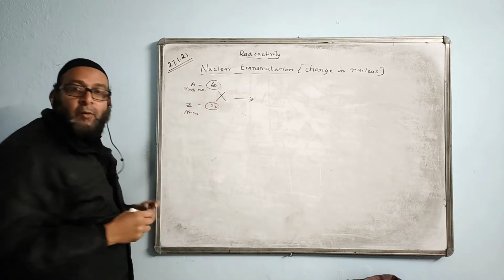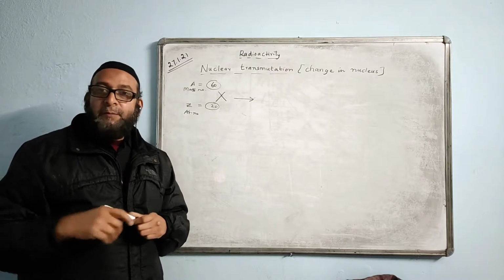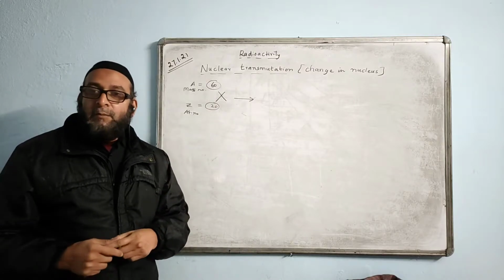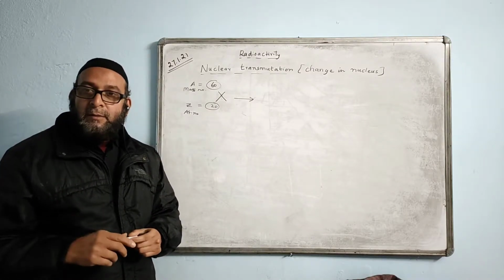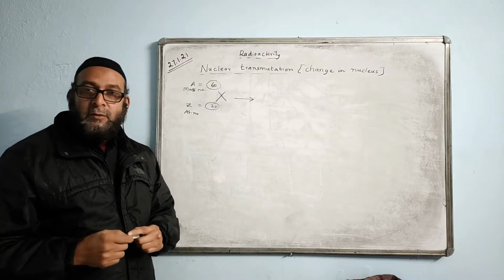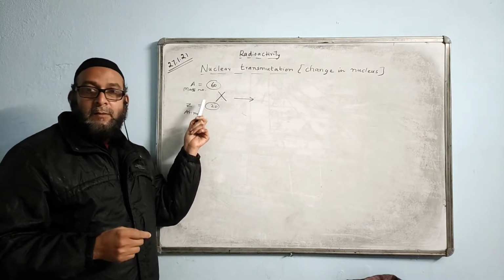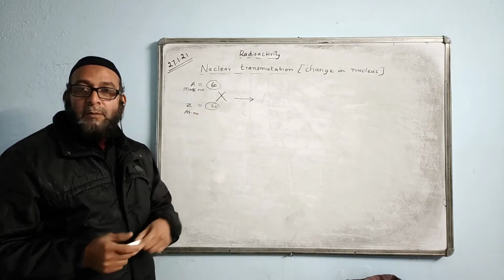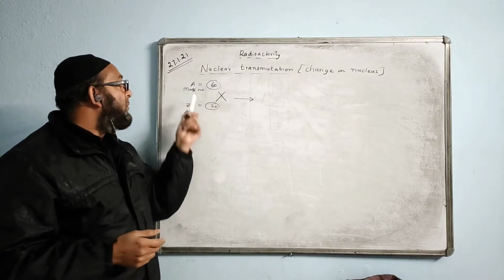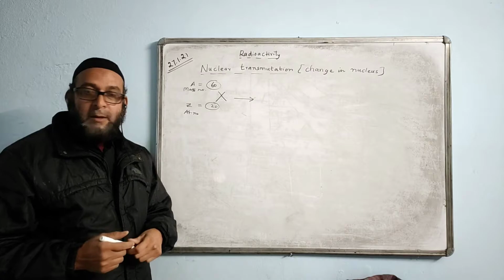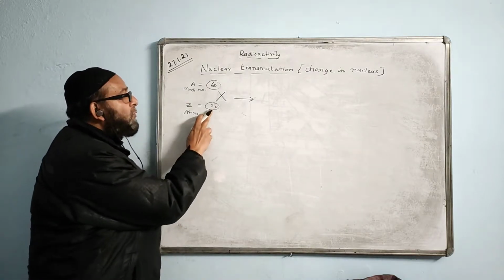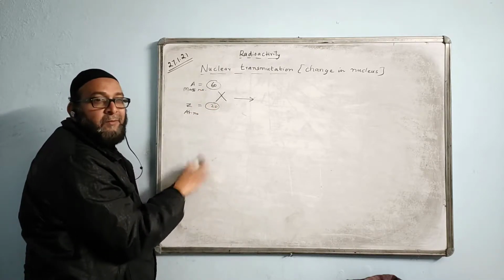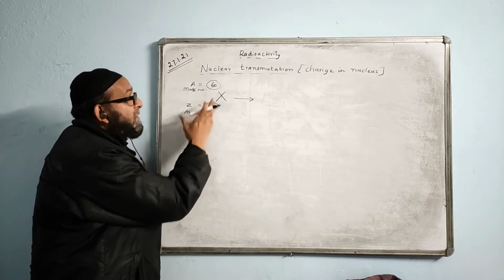What is the atomic number of the nucleus? The number of protons in the nucleus is called atomic number. Mass number is the number of protons and neutrons together. The total number of protons and neutrons together is called mass number. So there are 20 protons. The mass number minus the atomic number will give the number of neutrons, but we don't bother about that. We are showing the change in the composition.